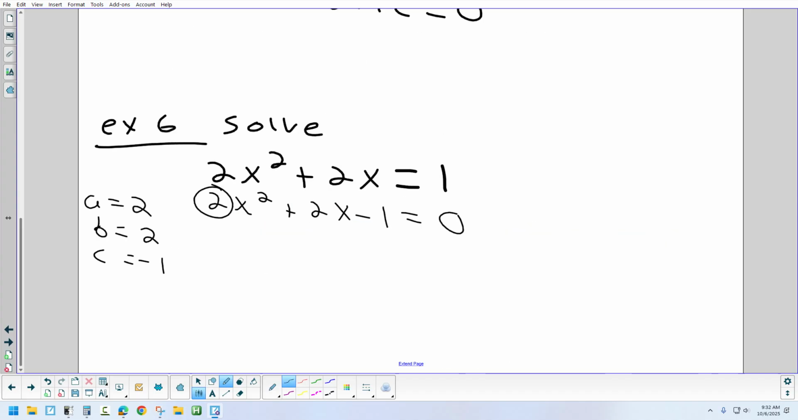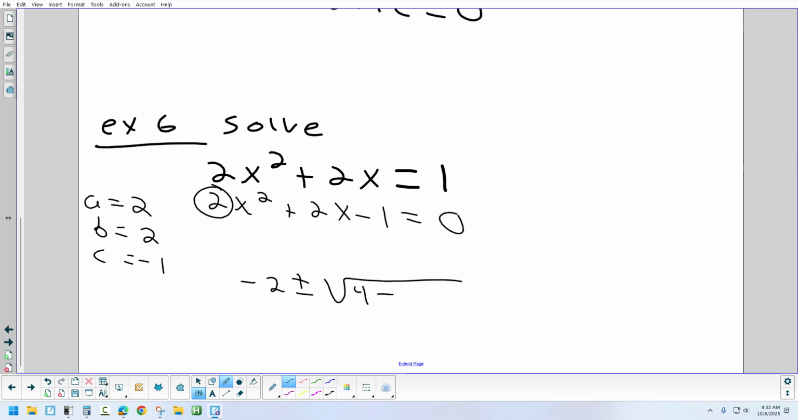So let's start: negative b plus or minus. What's the first thing under the square root? So what is it in the formula? B squared. So what's b squared in this case? 2 squared, which is 4. So b squared